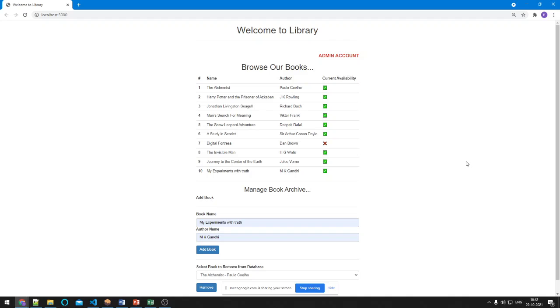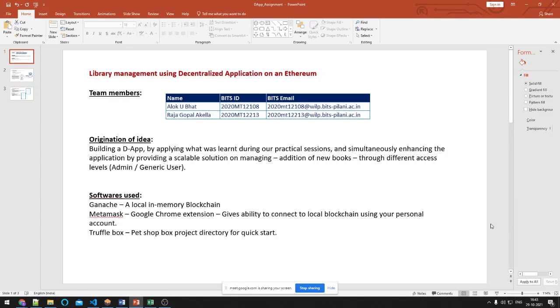So this is, in a nutshell, how we were able to encompass all the activities of a library, applying whatever we have learned during the class. We are grateful that Amit sir taught us and gave us a practical implementation of it, and I'm equally thankful to be associated with Alok. Yeah, the same feeling goes here. Thanks a lot, Raj, for all the support. And Amit sir, it's been great. I have very few subjects here where we have actually implemented something that can be used, so it's a wonderful feeling.